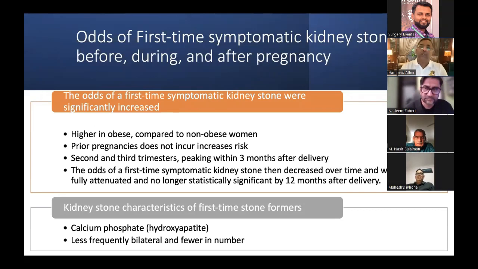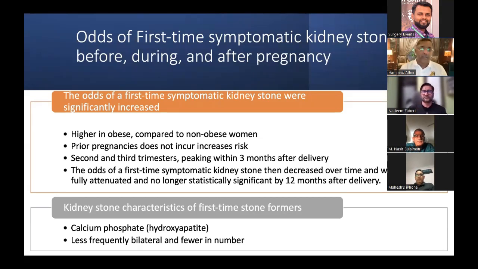Stone formation stays at a high risk up to 3 months after delivery, and after that, the chances keep on decreasing. And if you've completed 1 year after pregnancy, you would probably be at the same baseline risk as you were